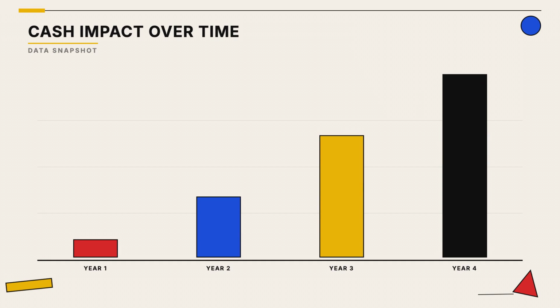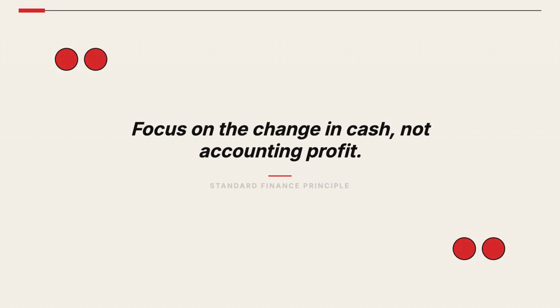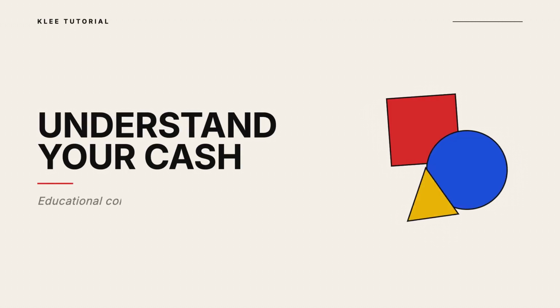project generates revenue. Remember that cash flow is king. Accounting profit can be influenced by non-cash items, but cash flow tracks actual money in the bank. By isolating incremental cash flows, businesses make better-informed investment decisions.